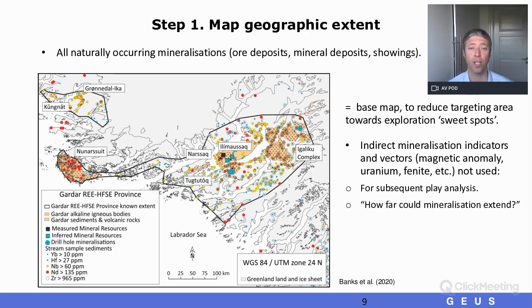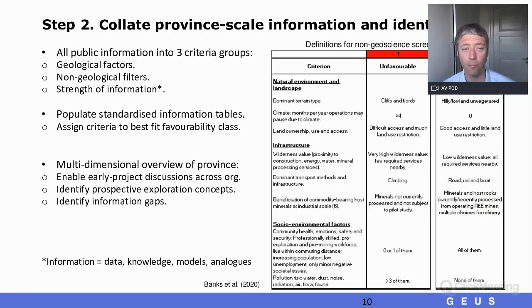So step 1 of this process will be to map the geographic extent of a mineralized province. That is all the mines, ore reserves, showings, deposits, etc., to create a base map, as you can see in the image, which is then used to reduce the targeting area towards exploration sweet spots. A lot of data that's collected to see, for example, magnetic anomalies, uranium anomalies, phonolite rocks, that's not used at this stage. That's for subsequent play analysis, when an exploration company starts to think about how far the undiscovered mineral resource could extend. What we have done is we've created a way for all information to be collated into 3